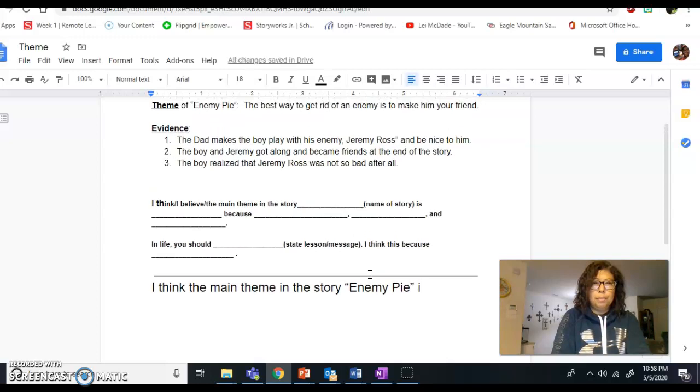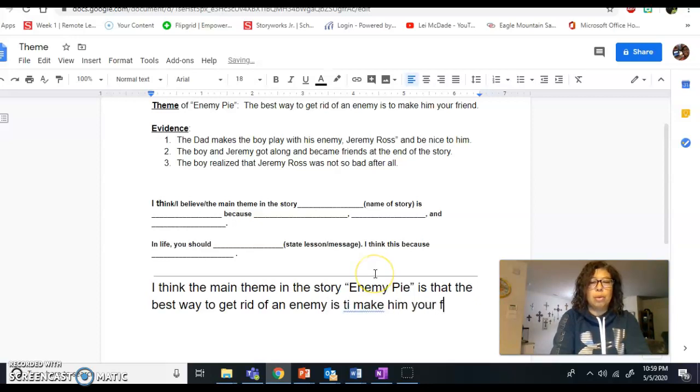and I can scroll up, is that the best way to get rid of an enemy is to make him your friend. Okay, oops, it's telling me I misspelled. Okay, and I have to do the evidence.